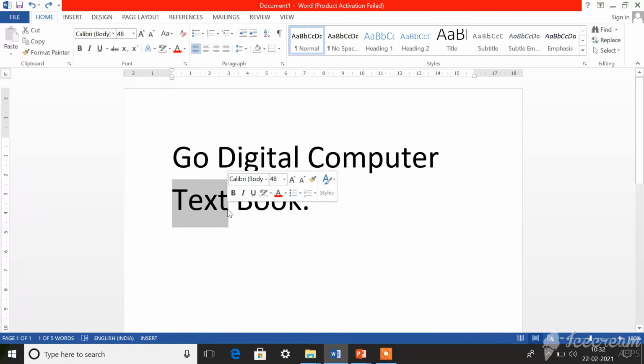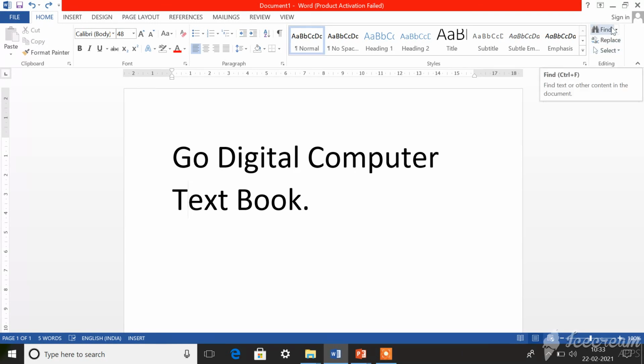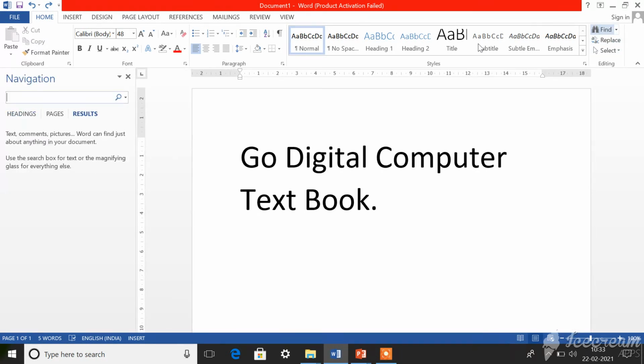Listen, I have highlighted this word text. But for finding, you don't need to highlight any text, because you are going to find the word. So directly in the Home tab, there is a group called the Editing group at the last, isn't it? Click on Find. In the right side there is a navigation pane.